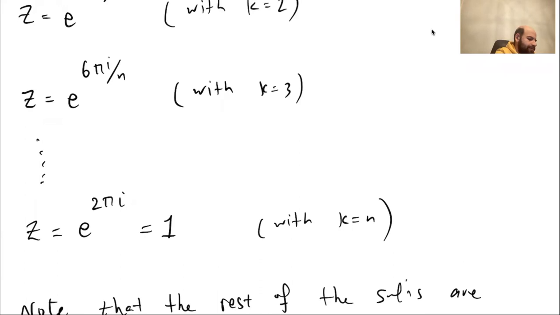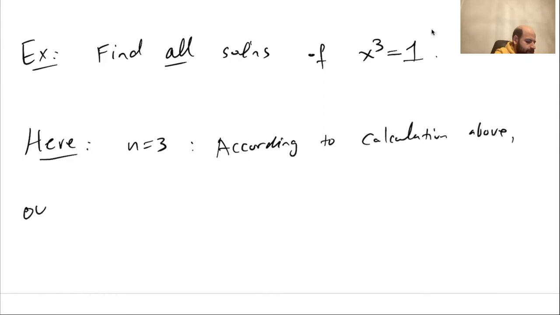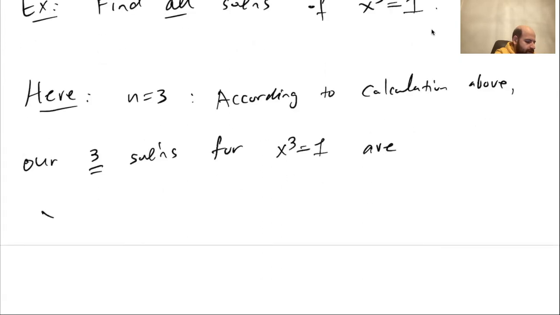So here we will have the solutions according to the calculation above. Our 3 solutions for x to power 3 equals 1 are x equals e to power 2 pi I over 3,